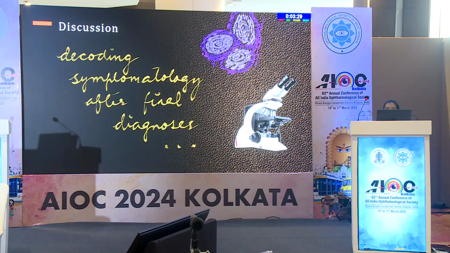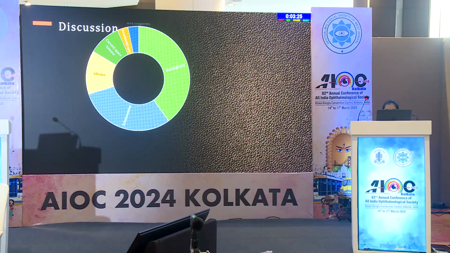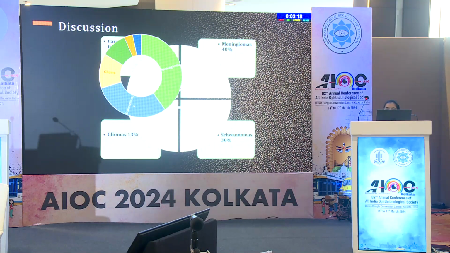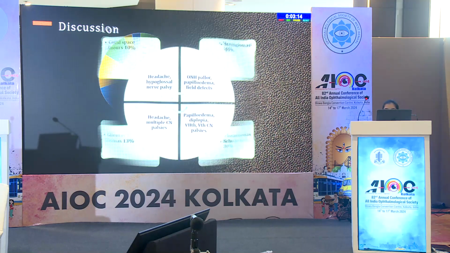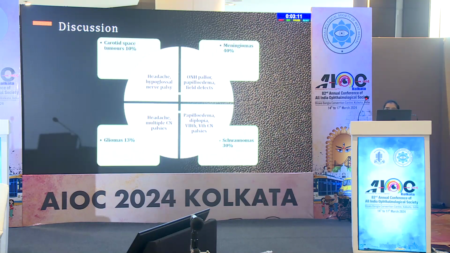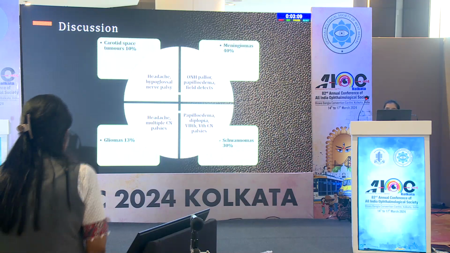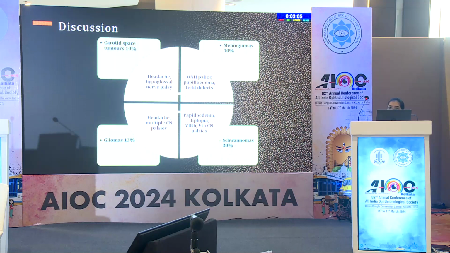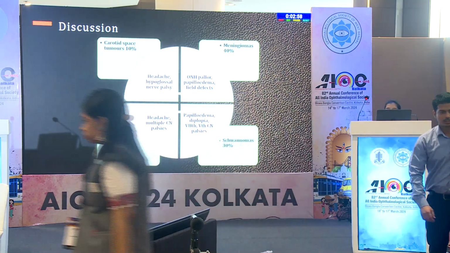Coming to discussion, after analyzing histopathology and neuroimaging, we found that most common primary lesion in our study population was meningioma, which found in around 40% of individuals, followed by schwannoma in 30%, glioma in 13% of individuals. Analyzing symptomatology, meningioma patient mainly presented with the optic nerve head pallor, papilledema and field defect, and schwannoma patient presented with the papilledema, diplopia, 7th, 5th and 8th cranial nerve palsies, and glioma patient mainly presented with a headache, multiple